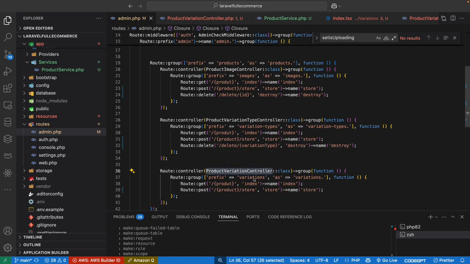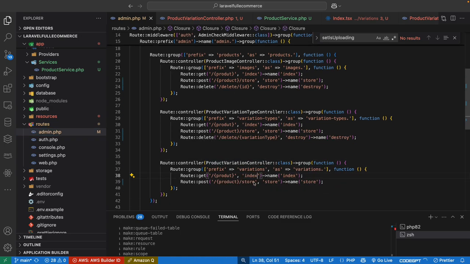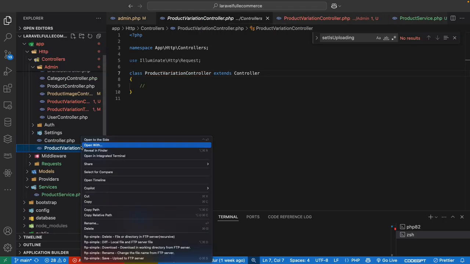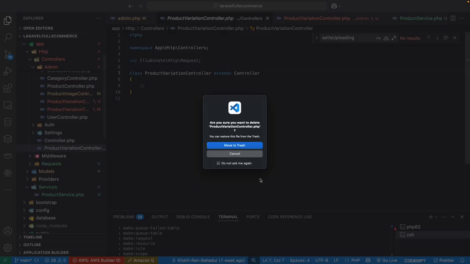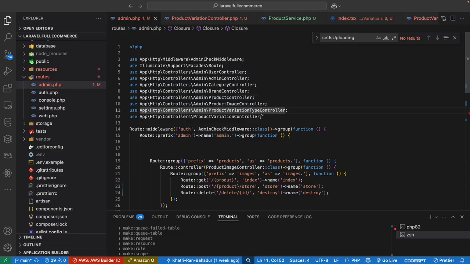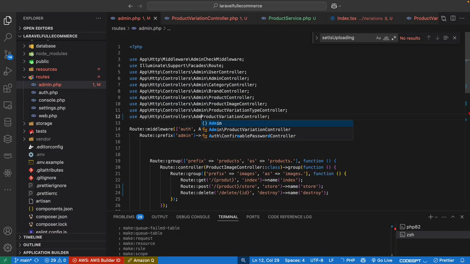Product variation index. Oh, not this variation controller. Okay, this is the wrong variation controller in the admin. This is under admin. Okay,